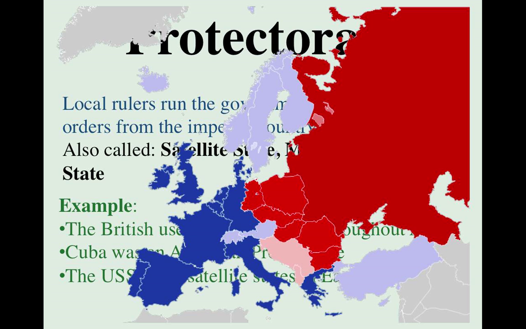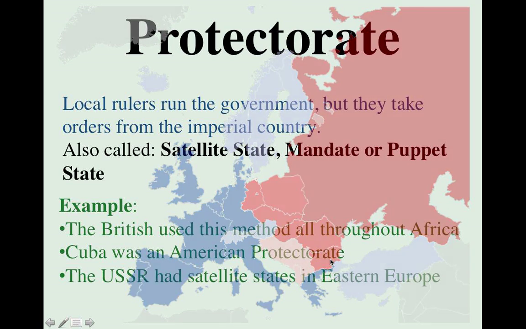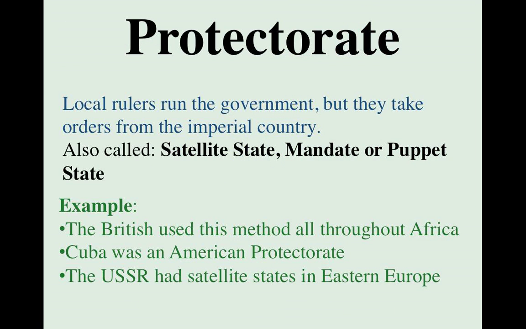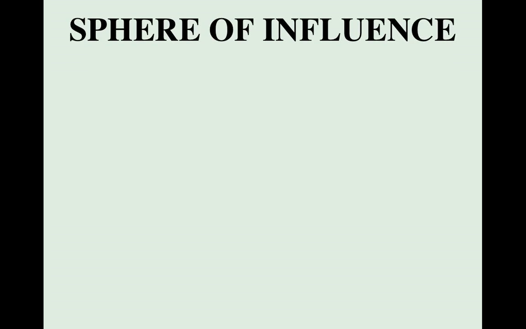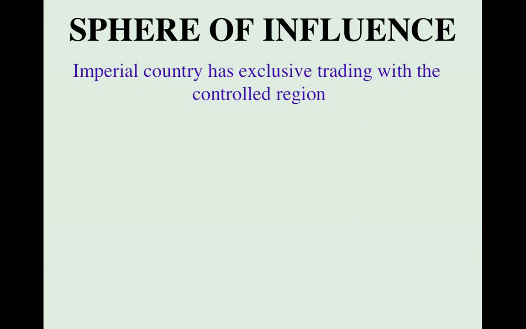Cuba, the USSR, there's a map of the USSR and the satellite states. These are kind of little countries next to the USSR that were intimidated by that imperial power. Two more. Second to last one here is sphere of influence. Sphere of influence and the last one, economic and military aid, are both more to do with economics than actually